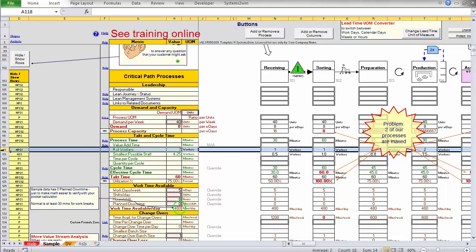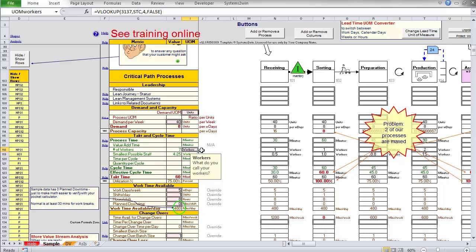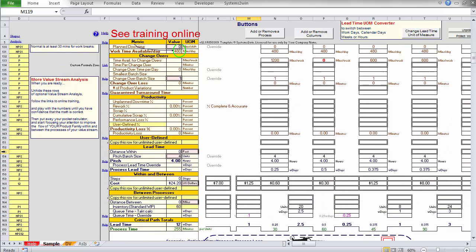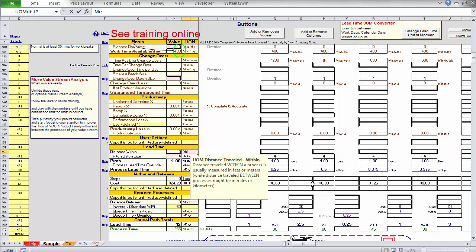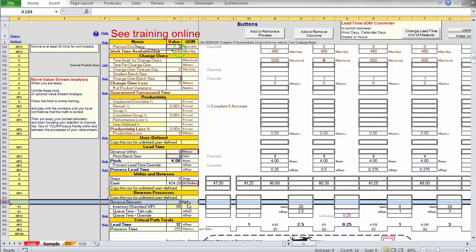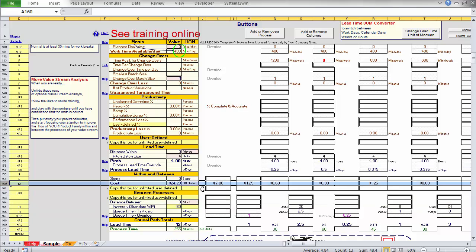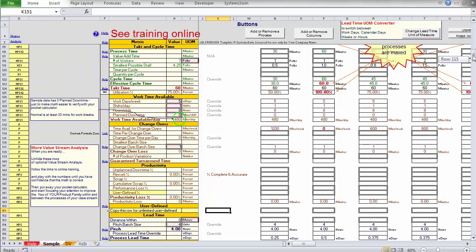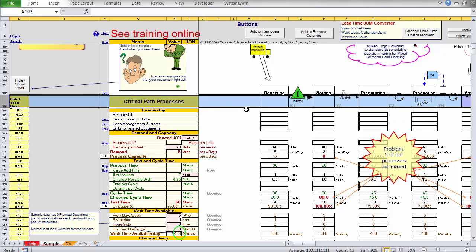So you might say, hey, we don't call our workers workers. So any of these pink double border cells you can change and say we call our workers folks. So now anywhere that it had said workers, it now says folks. Maybe you scroll down a little bit and say feet. Gee, we're in Europe. We don't use feet, we use meters. Great, everything's in meters now. Change that pink double border cell. It's not miles, it's kilometers. It's not US dollars, it's euros, whatever. So you can change it as easy as that, changing the pink cells in the critical path tier.